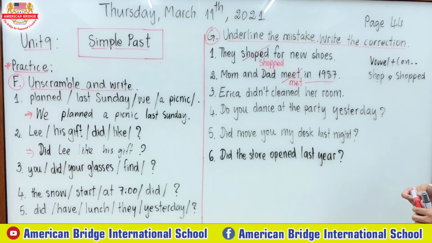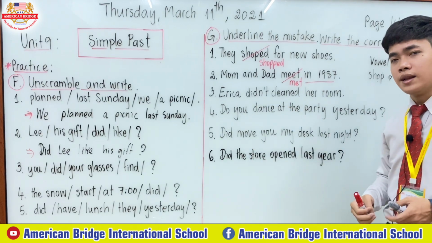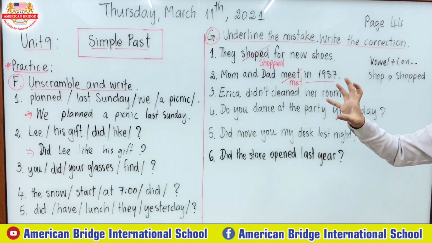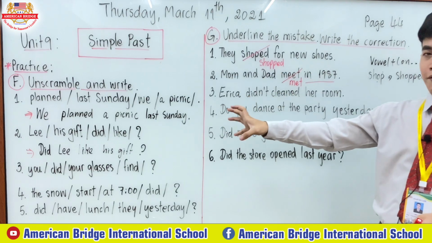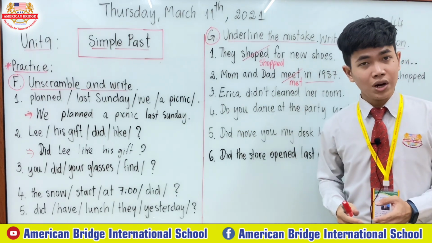For more sentences, I want you to practice. Start from sentence number 3 until sentence number 6, okay? As I told you in part G, what you need to do is underline the mistake and write the corrections. Now let's start doing it with part F as well. If you have any questions, you can ask your teacher in the group